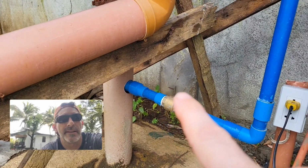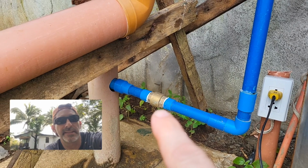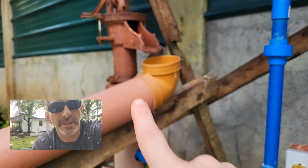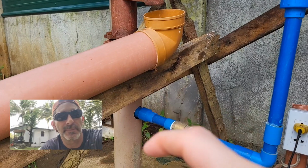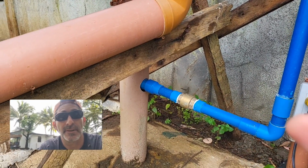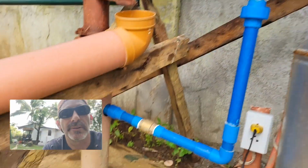from the well. This is another one, and you can see this one's exposed. This is another check valve, and this is backwards, and what this does is this prevents the pitcher pump, when you're pumping the pitcher pump, it prevents it from trying to pull water out of the electric pump. So that makes it where it can only pull water up. So there's the foot valve at the bottom that keeps the whole thing primed, and then there's a check valve here and a check valve here, so that we can run both the manual and the electric pump at the